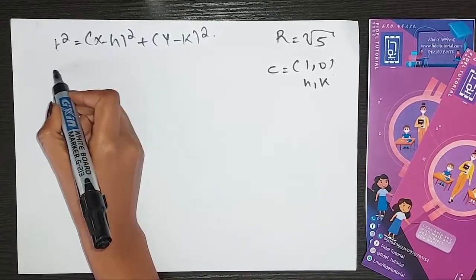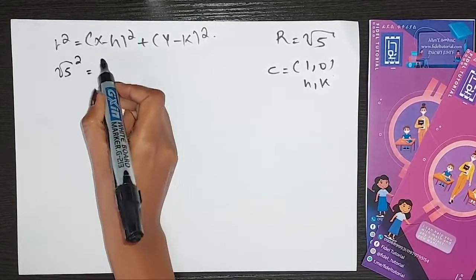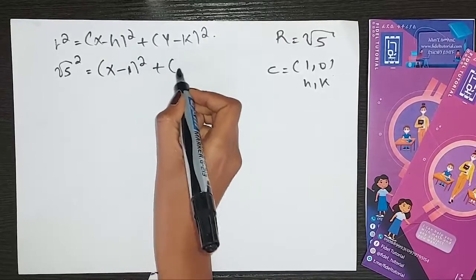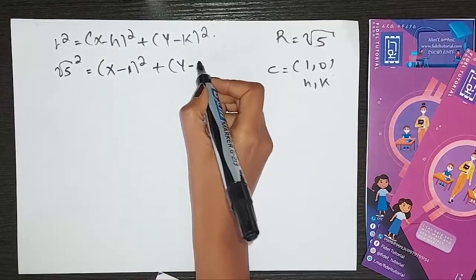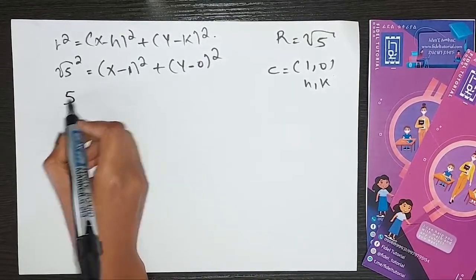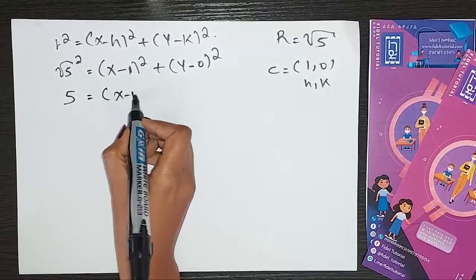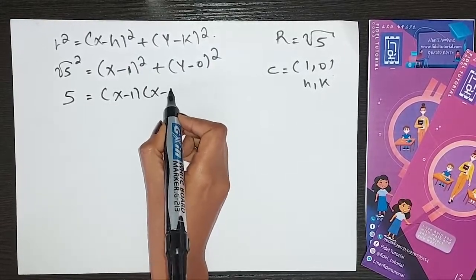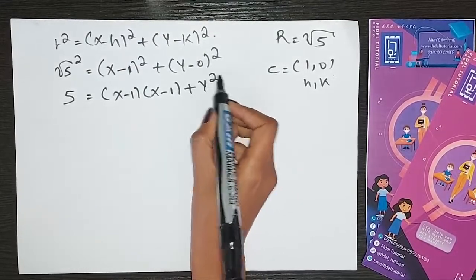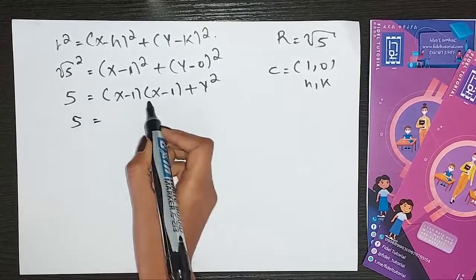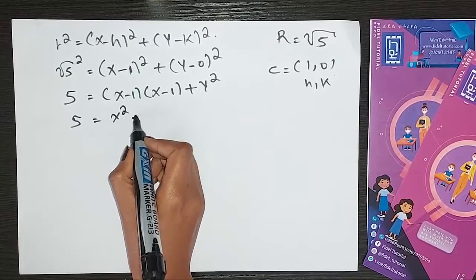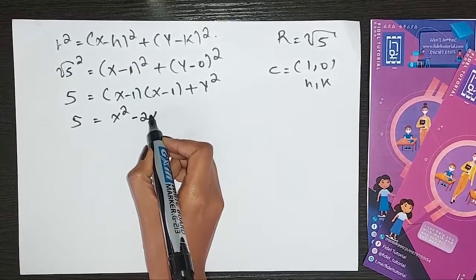ስለዚህ ሬዲየስ ስኩዌር ማለት ስኩዌር ሩት ኦፍ 5 ስኩዌር which is equals to (x minus the value of h is 1) square plus (y minus k is represented by 0) square. The square root of 5 square is 5 is equals to (x minus 1) by (x minus 1) plus (y minus 0) is y, then y square, and 5 is equals to (x minus 1) into (x minus 1), this is x square minus 2x